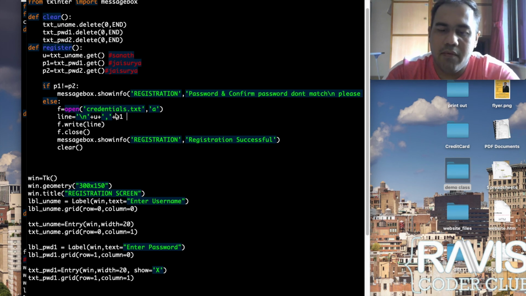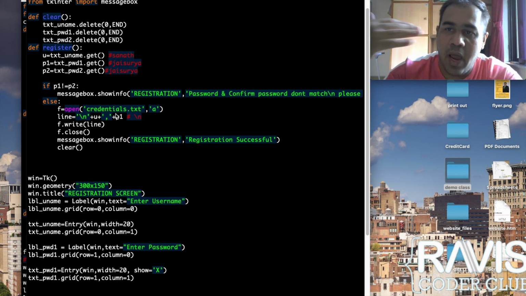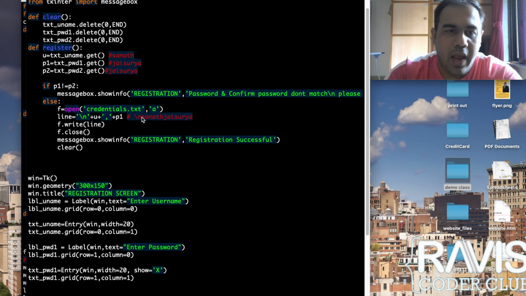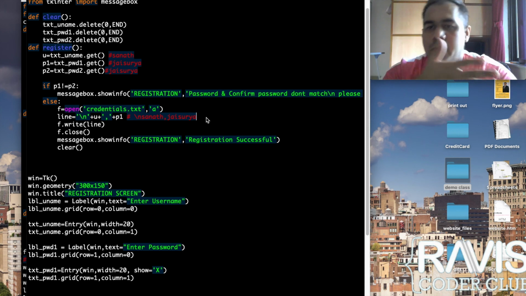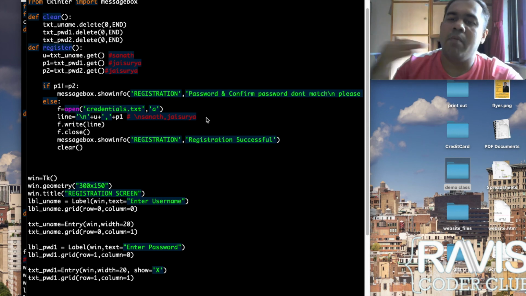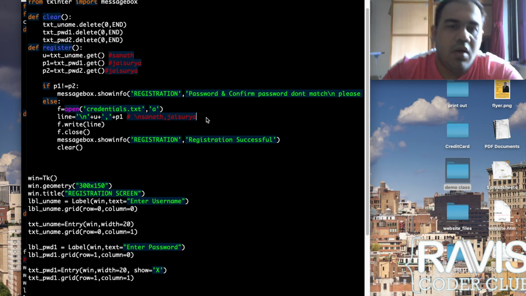Line is going to have a slash n, meaning it's going to add it at the next line, and it's going to have Sanat, then a comma, Jayasuriya. So for all the new people I register, they're going to be added just with a slash n, so they will be added at the end of the file. That way I populate my file.